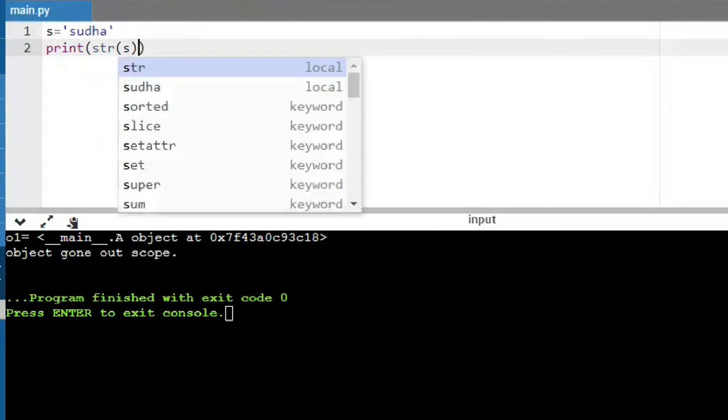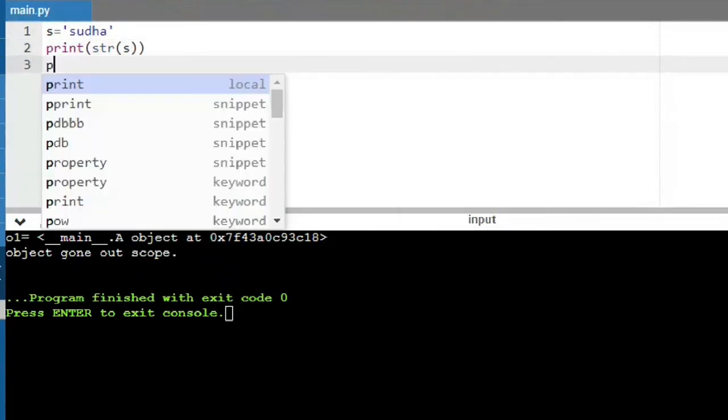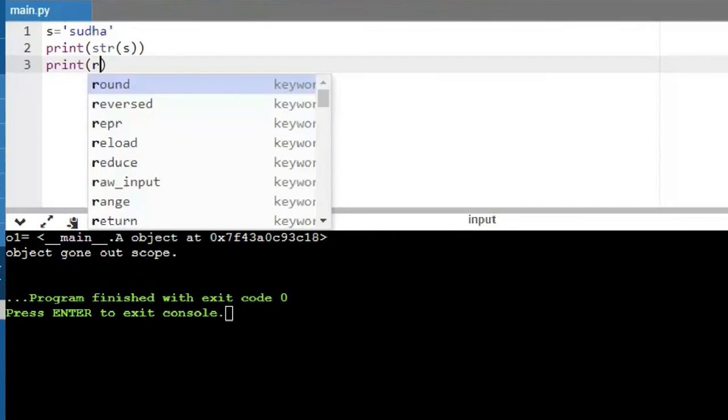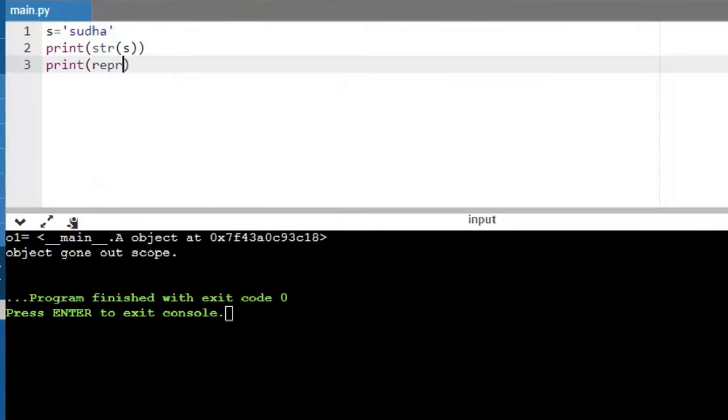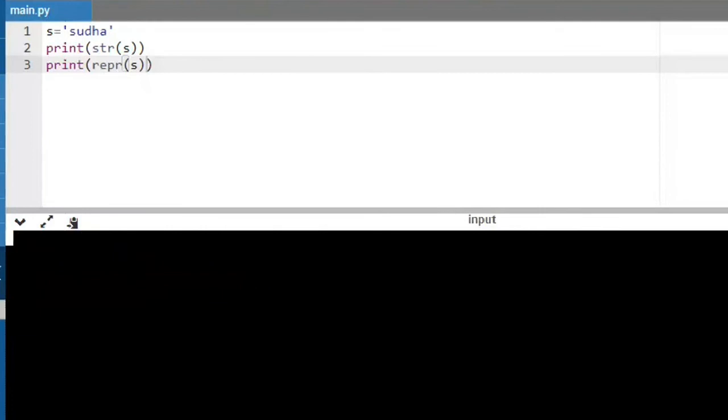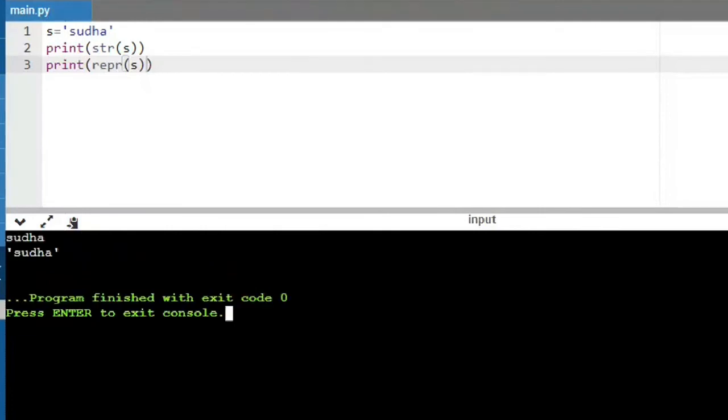So I have given str of s, and then repr of s. Let me run this code and show you the execution. In the first case, this is the string representation of s using the str built-in function. You can see Sudha is printed without single quotes.